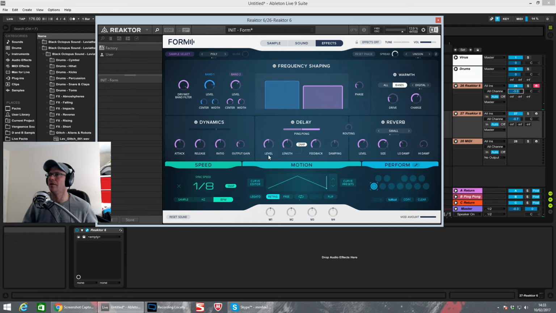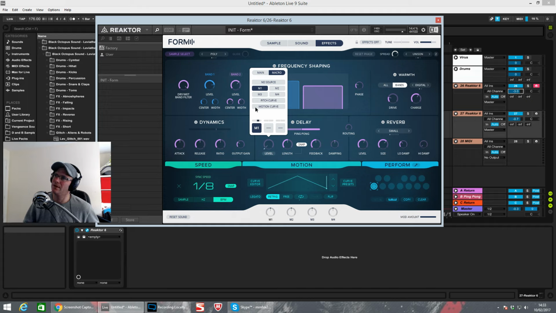The delay as well, I put the level for the delay on macro 1, so I'm going to pull that down. To modulate anything, you hover over it and it gives you this box at the bottom. So if I come over the level for the delay, click on it, the bottom box gives you the source. For this one we're going to call it macro 1, and then your destination amount is there. So now macro 1 is going to control the level